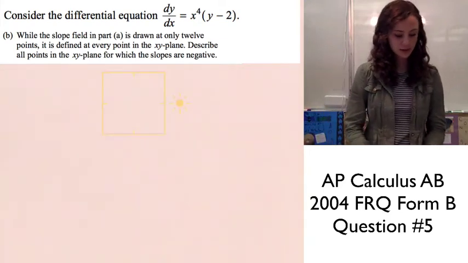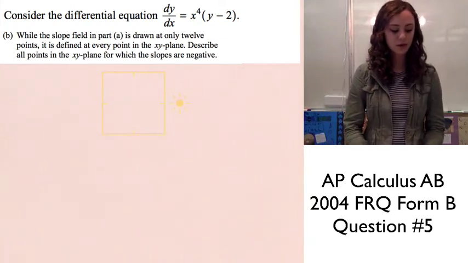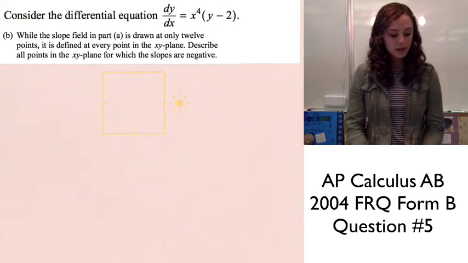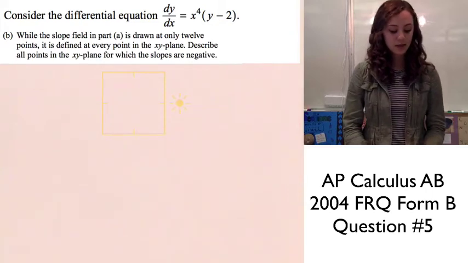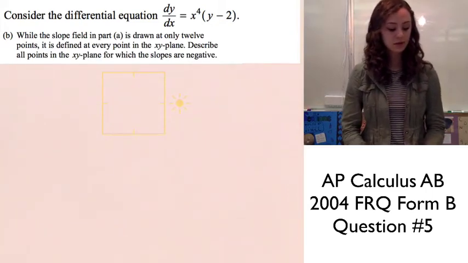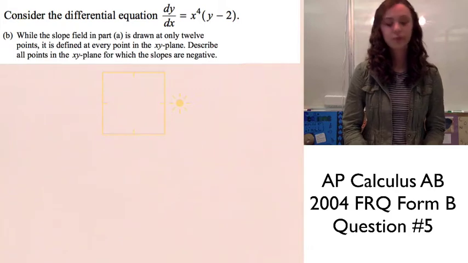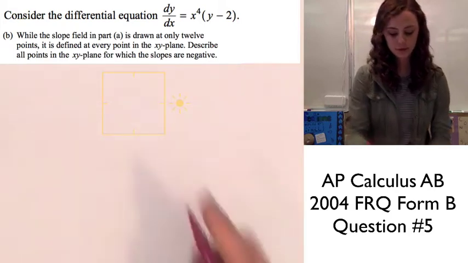Part B says, while the slope field in part A is drawn on only 12 points, it is defined at every point on the xy plane. So we need to describe all points on the xy plane for which the slope is negative. So for part B,